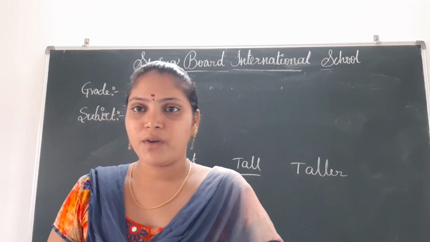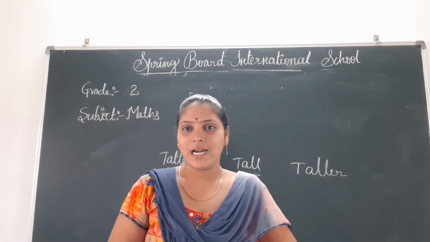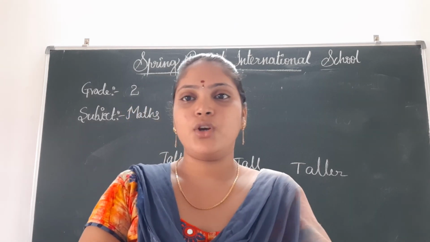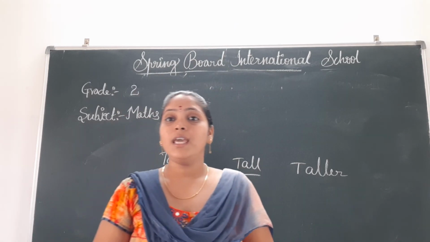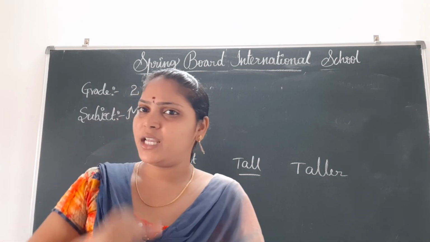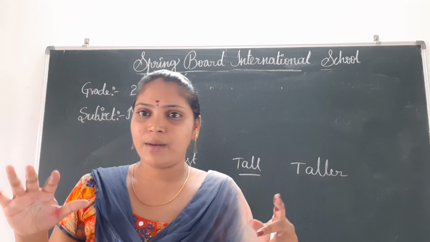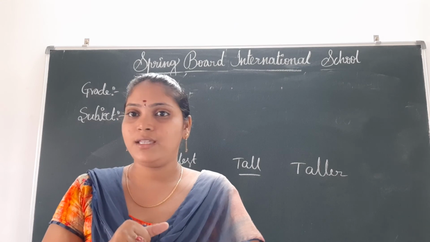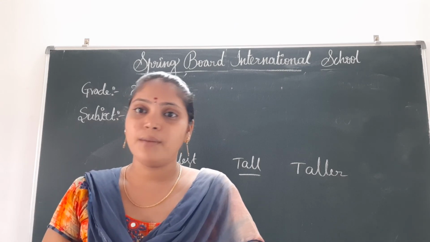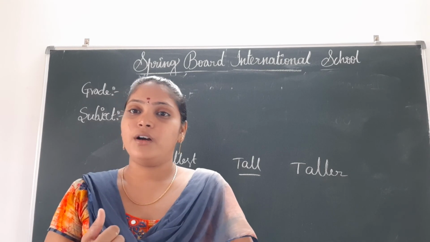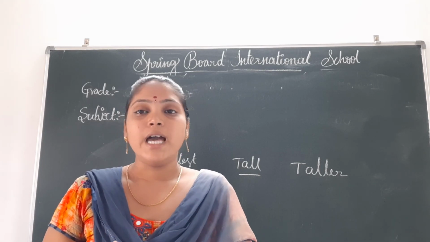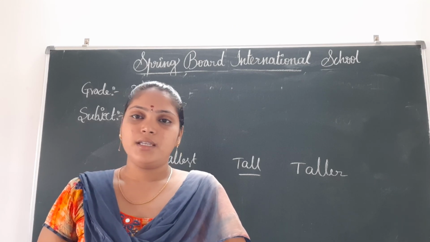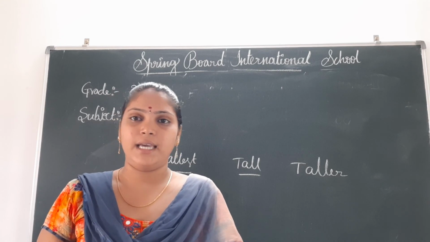So once again, which topic have we discussed in this class? We started the 5th chapter. What is the name of our chapter? The Long and Short of It. First we learned measuring with handspan. Handspan is not a fixed measurement, children, because if different people measure, we get different measures. And we have some fixed measurements. Among those we discussed one measurement. What is that? Centimeter. What is the short form of centimeter? cm.